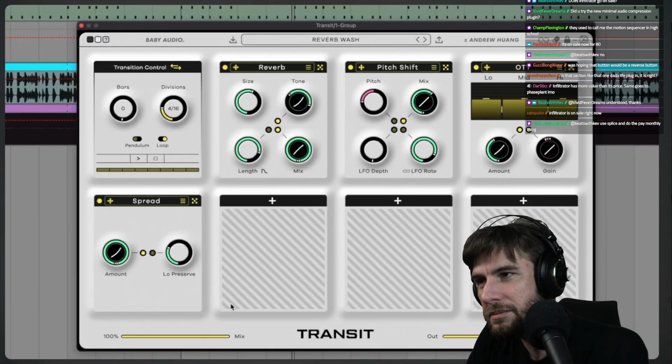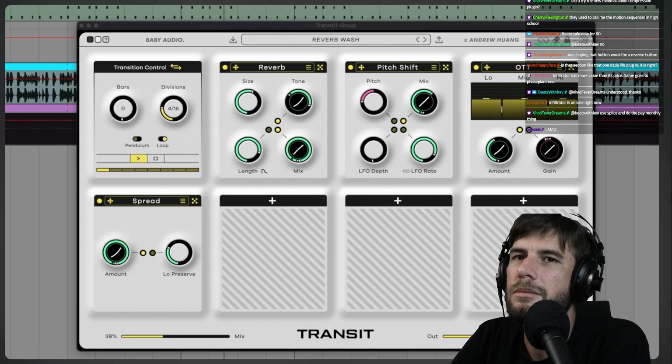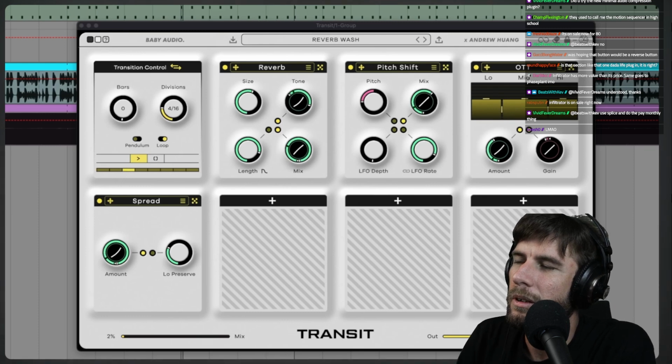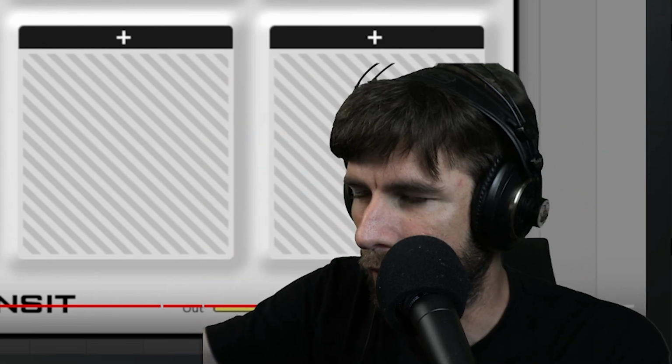There's the possibility for an entirely different kind of transition because you can let that run and fade it in. I think another thing you could do though is you could use several of these and have one doing this and have another one doing the delay build up or whatever.